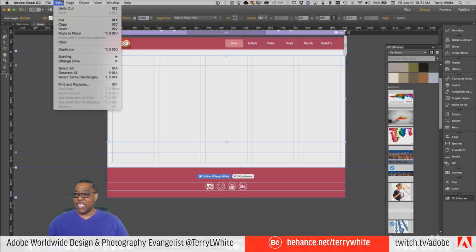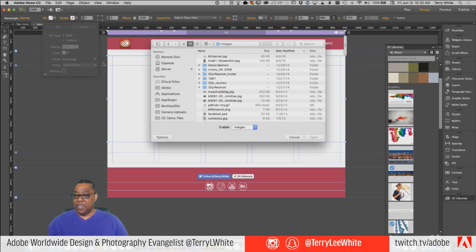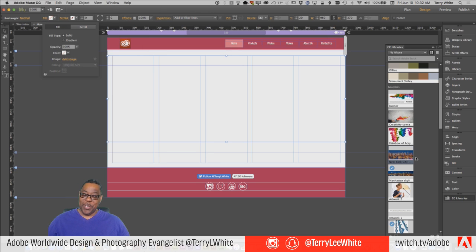Okay, what I was going to show you was to see if it had a paste into. It does not. And so let's see if I can do it this way. I can't do it this way from the library. Let me try, but I don't think so. Yeah, because it's going to make me find the graphic. Okay, so what we've got to do is put the graphic. This particular way that I'm going to show you doesn't work with libraries. So we've got to get the graphic onto the hard drive first. Then we can go in and tell it to fill the frame that we just created.